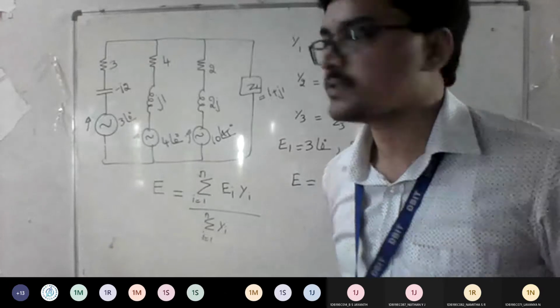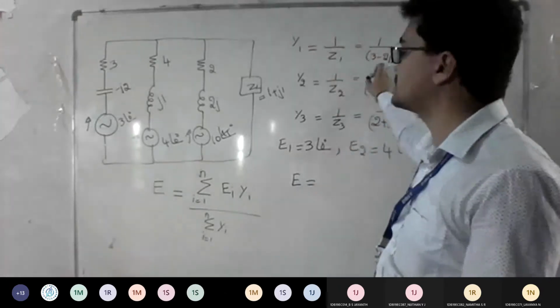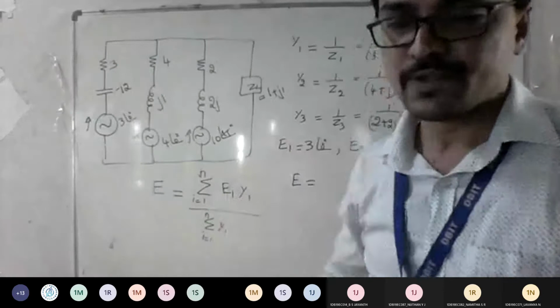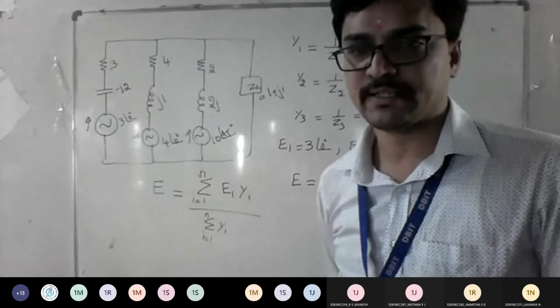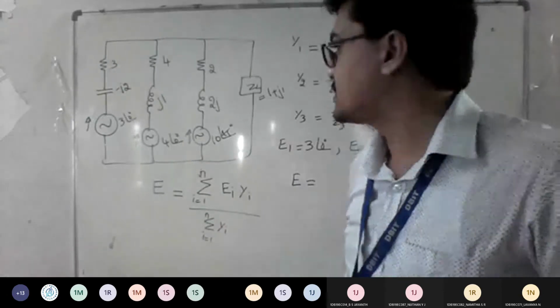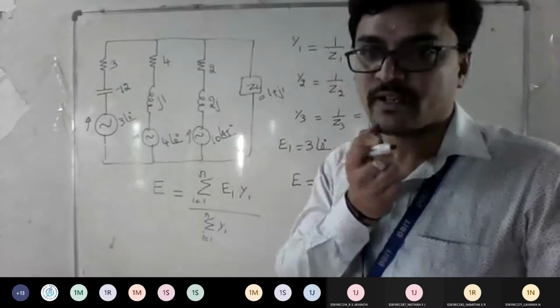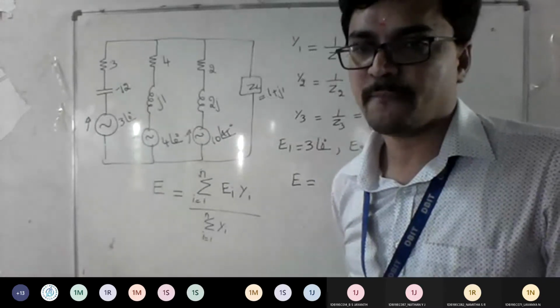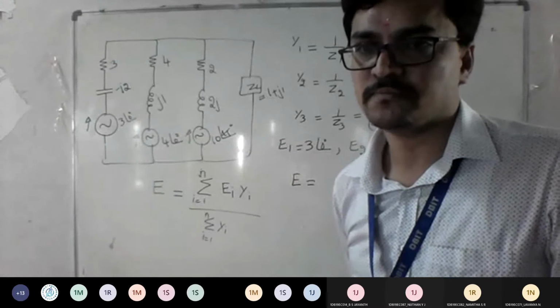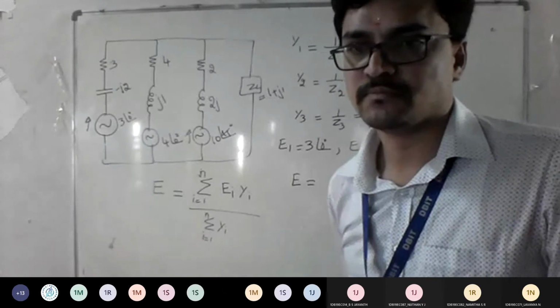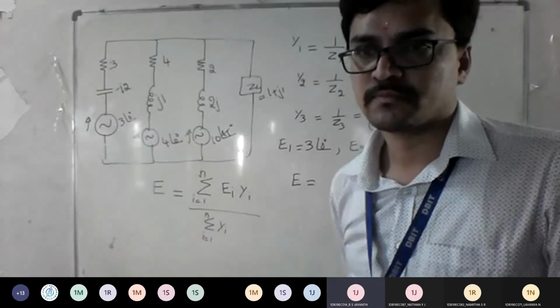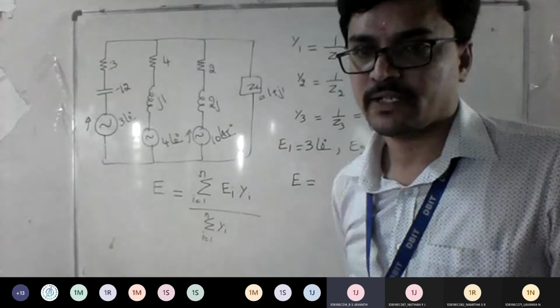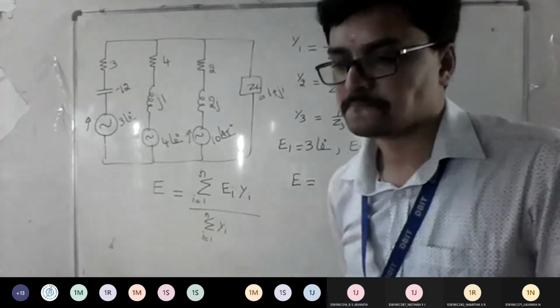If we look at this, one is in polar form and the divide-by term is in rectangular form, so try to convert everything to one form and get the answer. Since the angle given is 0 for the first one, you can write what? Is it 3 plus 0j, in rectangular form? Yes, sir. Anyone got the answer for E?